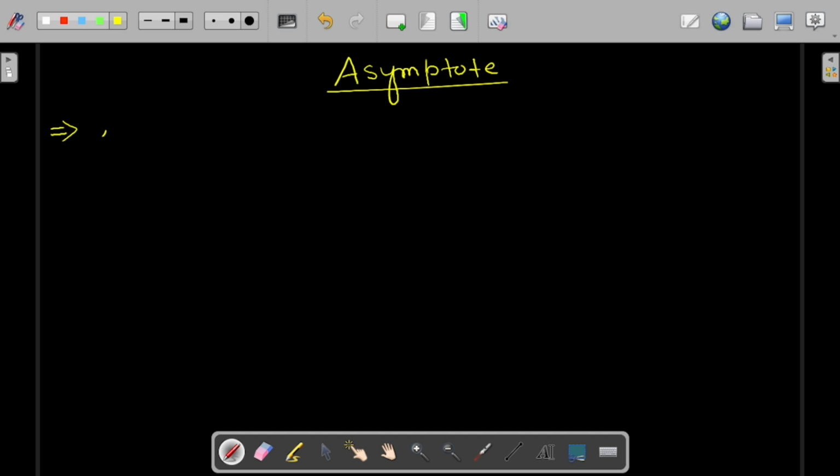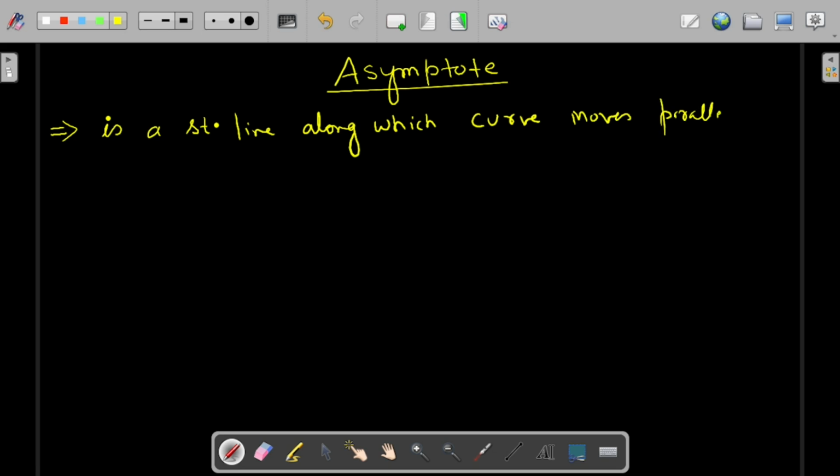An asymptote is a straight line along which the curve moves parallelly. This is the fundamental definition. We can define it in another way also, that it is a straight line